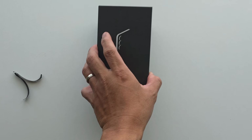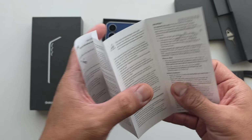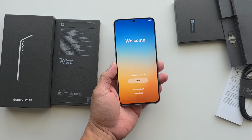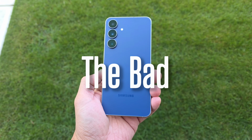latest Samsung flagship. So today we will not dig down on the specs like what you've heard from so many YouTubers. This is more of a personal experience and critical review of the Galaxy S25 FE. First, let's talk about all the bad and negative things I can think of when I tested and reviewed this